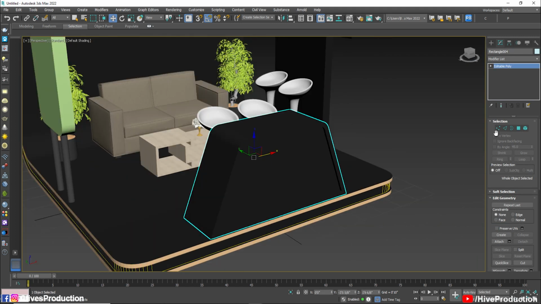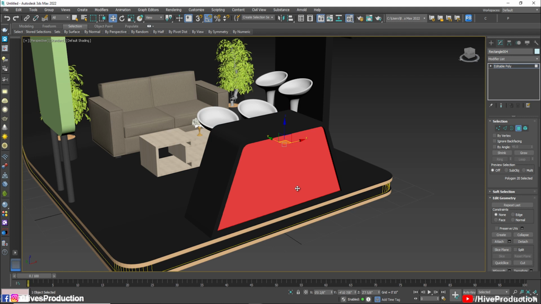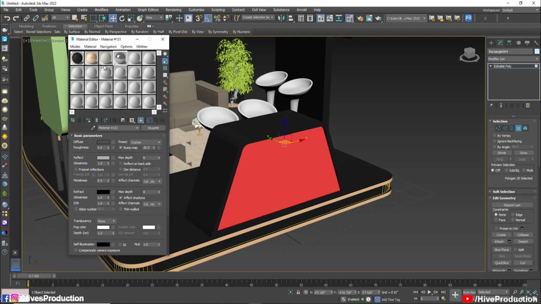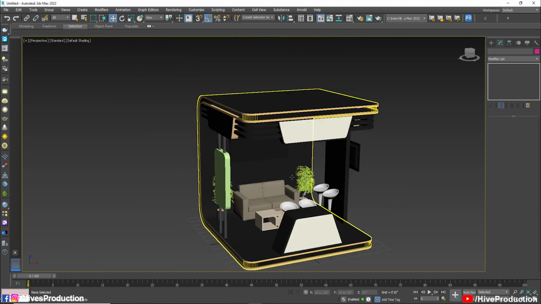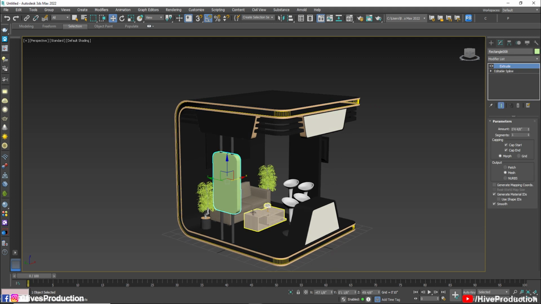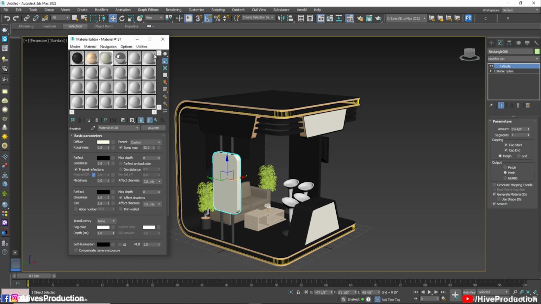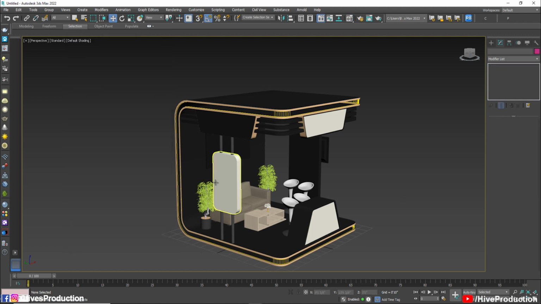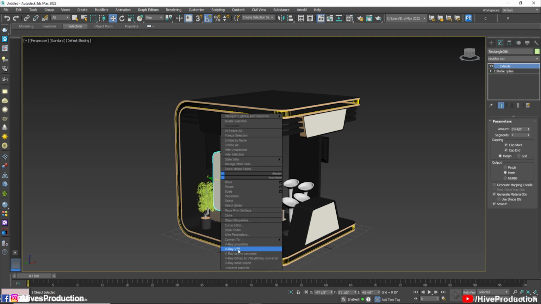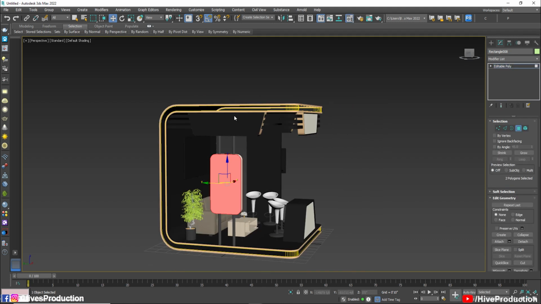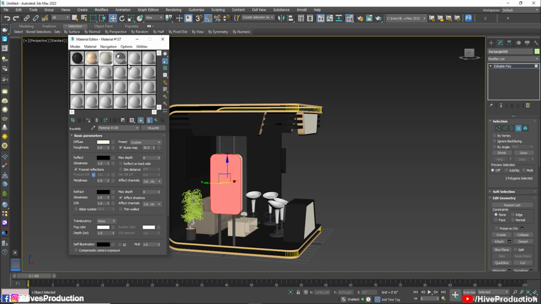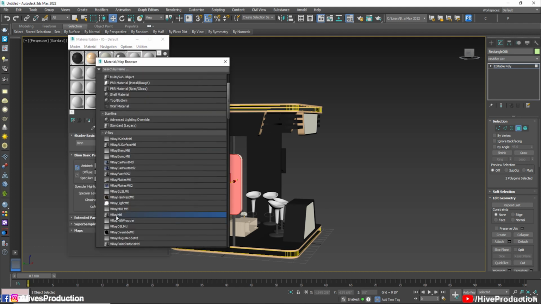It looks good, it looks cool. I'm gonna select this one and assign the same material, a VRay two-sided material. It's like this. Okay, here we need to assign the materials. I will find the Editable Poly here, take the polygons on both sides, and assign this material which we have already downloaded from the Google Video